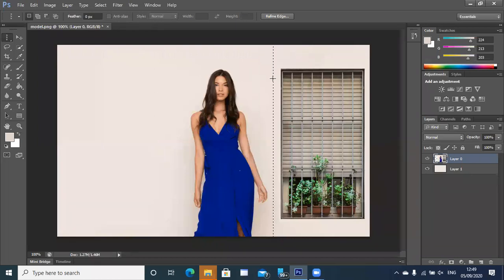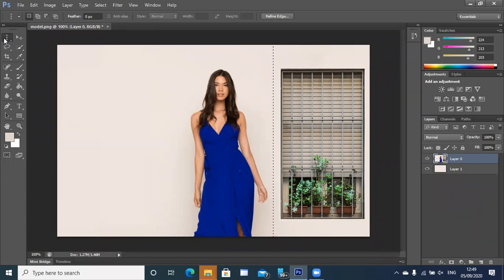Now, where can this be used? Suppose I want to create some kind of pattern where you want single lines, like this window. Here you can see single lines. So if I want to create a single column, I can use the single column marquee tool. Similarly, if I want to create rows, I can use the single row marquee tool. Are we clear? These are 4 kinds of selection tools.